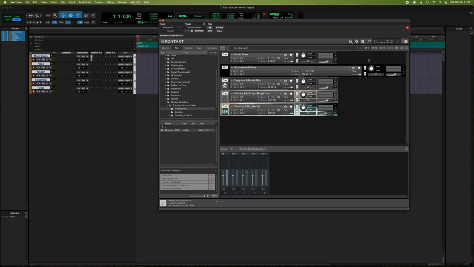These are essentially routing, like aux tracks or routing buses in Pro Tools, but they're within the plugin of Kontakt itself. The default selection, you might see something a little different. I've already changed this before, but we're going to redo it again from scratch. What we essentially need to do is set up an individual output for each of these patches, because as you'll be able to see, at the moment they're all going through stereo 1. So the piano going through stereo 1, same for the flugelhorn,